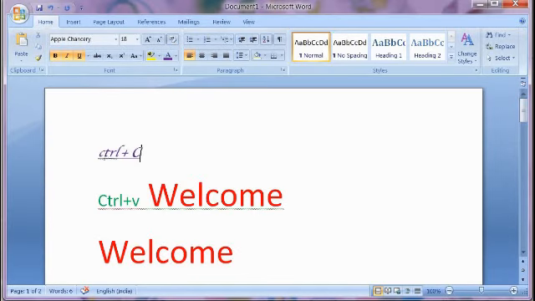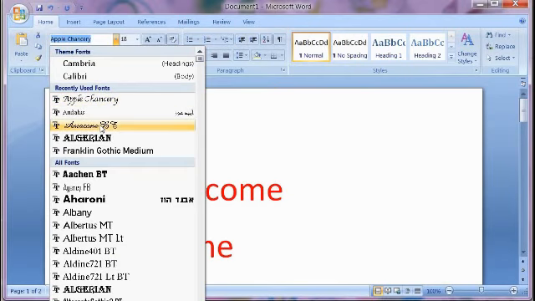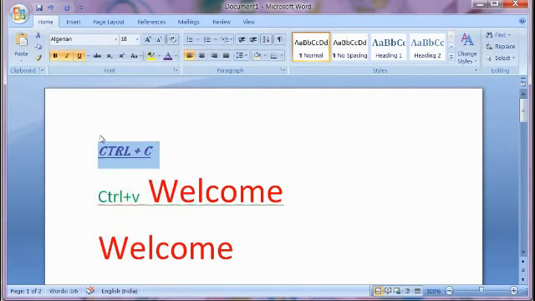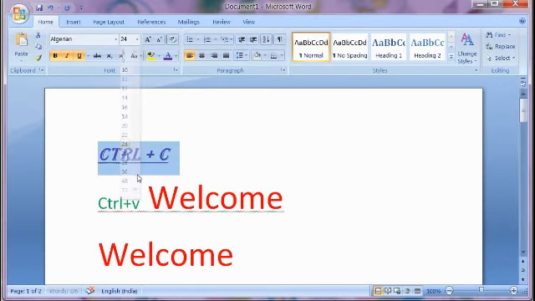Whichever color you want you can change, or whichever font style or size you want you can change, with the help of the font group. With the font group we can give extra attraction to the text.